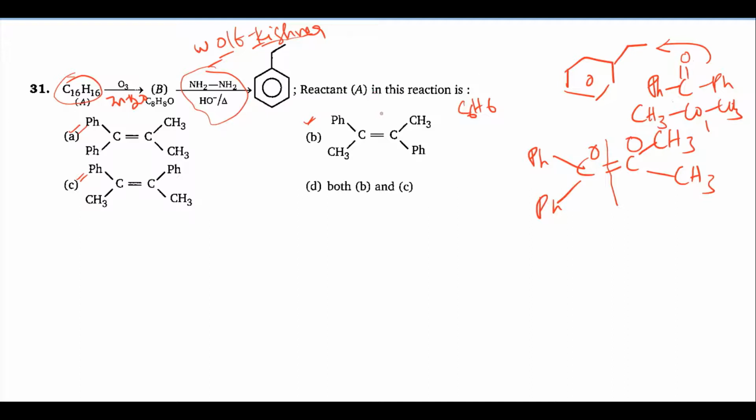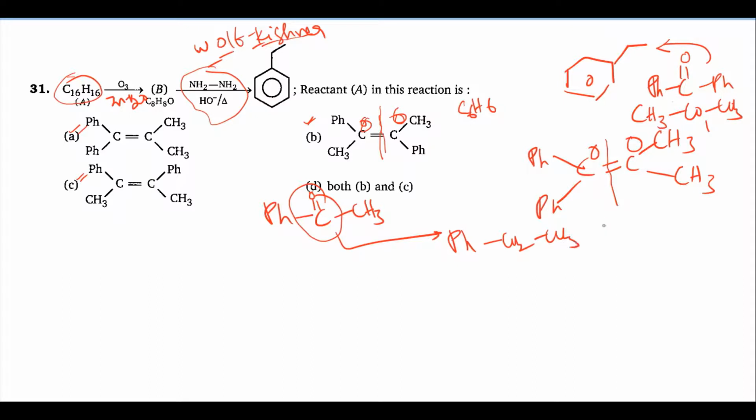So this is the bond breaking here. One oxygen is going to add, another oxygen is going to add. So this is a shortcut: break the bond and add oxygens. Then this is Ph C double bond O CH3. When this is treated with Wolff-Kishner reduction, the C double bond O is converted to CH2. So Ph CH2 CH3. Then is this possible or not? Tell me. B option possible.